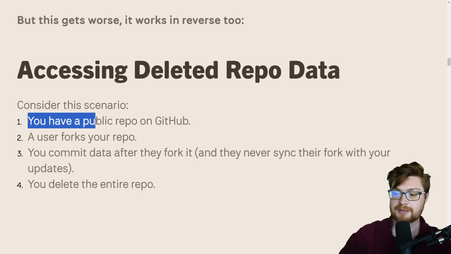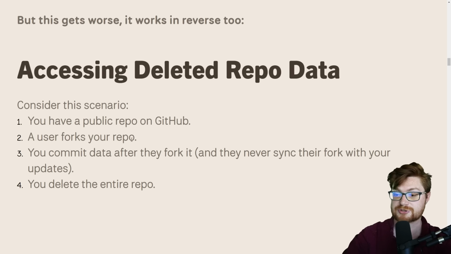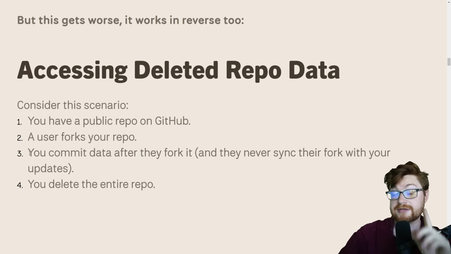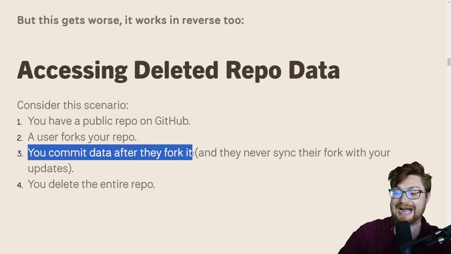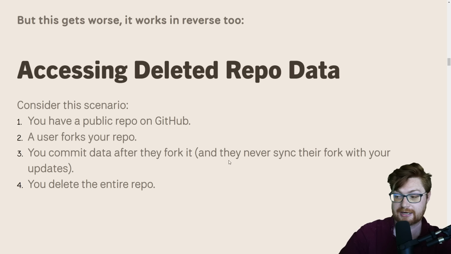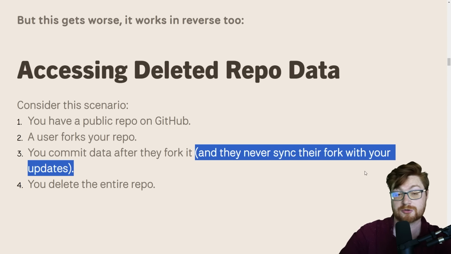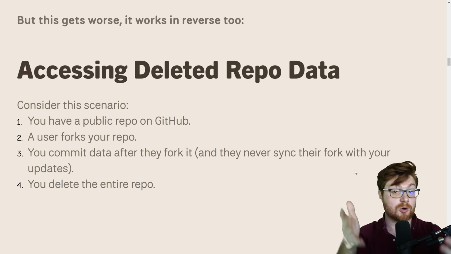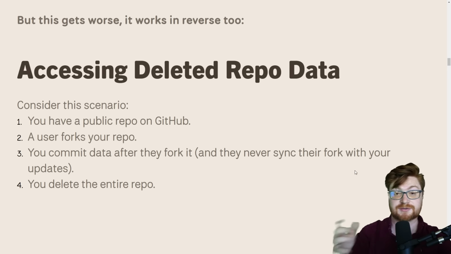Say there is a public repository on GitHub, just like our initial org public that I created for JHLLC. Say a user, like my John Hammond, forks the repository, and then the original initial repository adds new data. They commit new things after it has been forked by someone else, and that other user never ends up syncing their fork with your new changes and updates. But let's say that you, the initial org owner, delete the entire repository. So all of your code from the initial original repository should be gone, right? That's been deleted from GitHub.